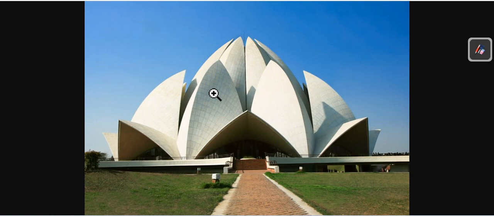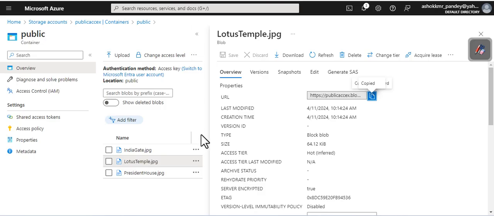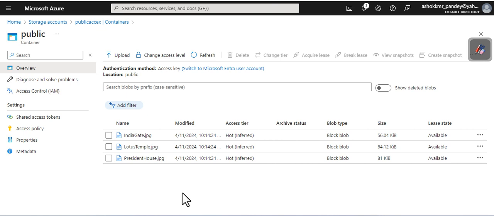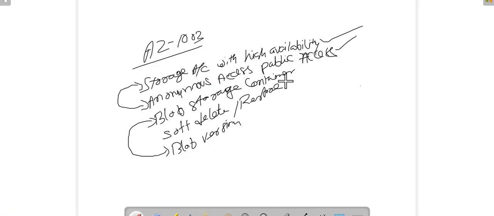So this is how, guys, we upload our information or data to the container. Now let's see how we configure soft delete. We have soft delete and we have hard delete. There are two types of deletion,